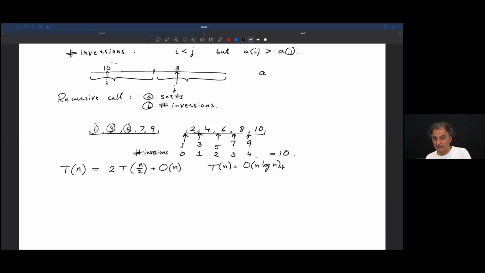Okay, so is this clear? So now how would we actually do this? Well, what we are going to do is start off with our list A, 1 through n. We recursively call,